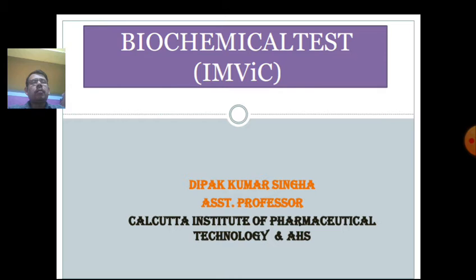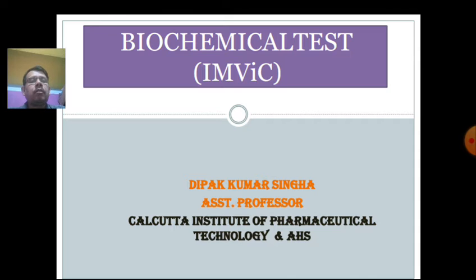Last class we discussed the sterilization and evaluation of microorganisms. Today we discuss the biochemical tests of microorganisms. This is another technique by which you can identify microorganisms, by the IMVIC tests: indole, methyl red, Voges-Proskauer, and citrate. Basically, four tests are involved to identify microorganisms in different broth cultures.